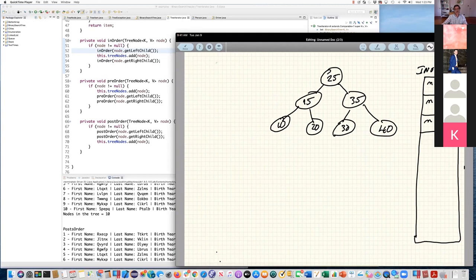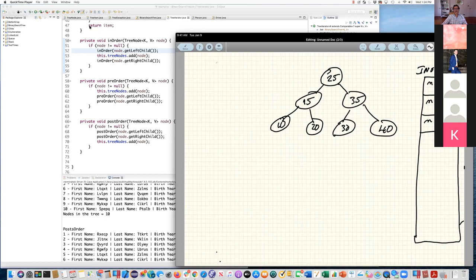Now I call in order on the left child of 10. What's the left child of 10? There is none, it's null. So I come into the method, the node is null, so I return. Returning, I'm basically going back to where n is equal to 10.